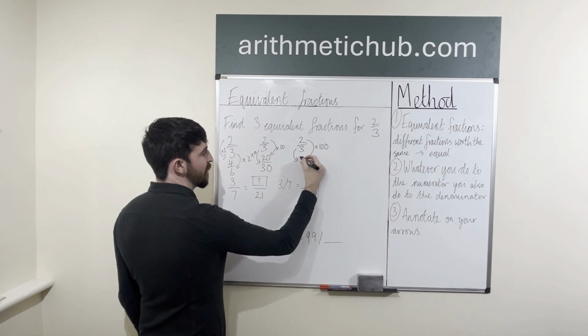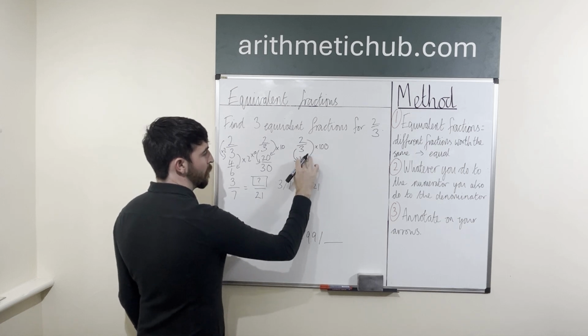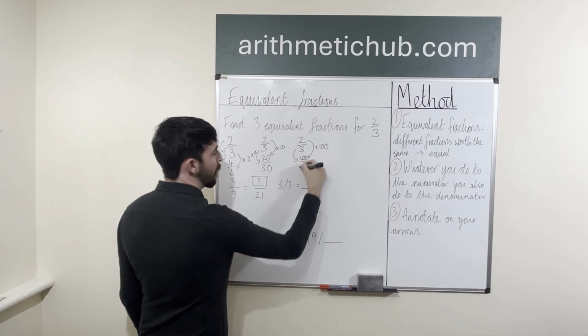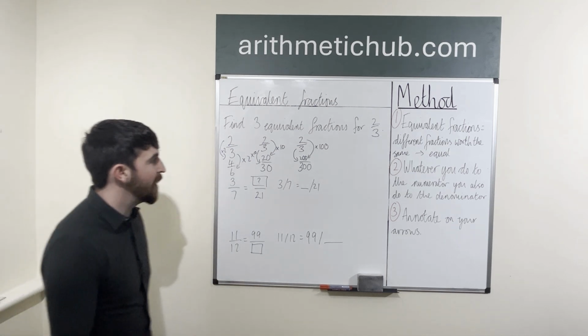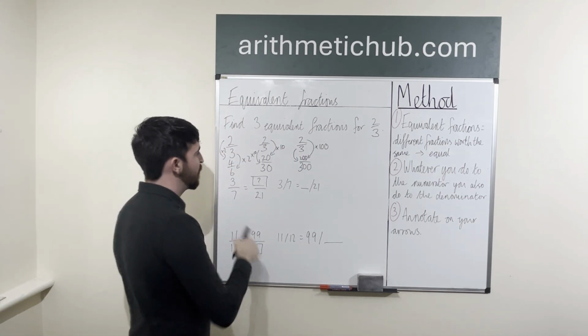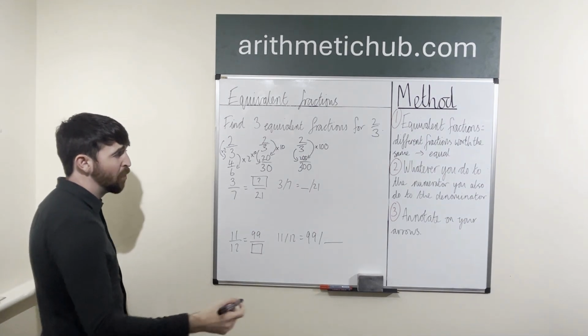2 times 100 is going to give me 200. Just make that a little bit neater. 3 times 100 is going to give me 300. And then what I might say is, okay, I have to find 3 equivalent fractions. I've already found my 3 here. But actually,